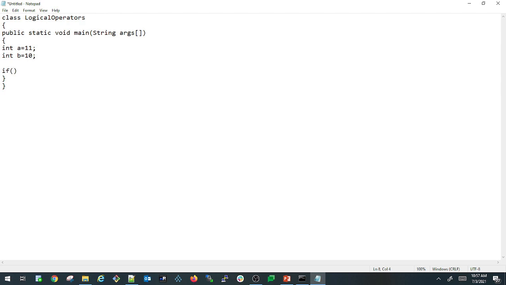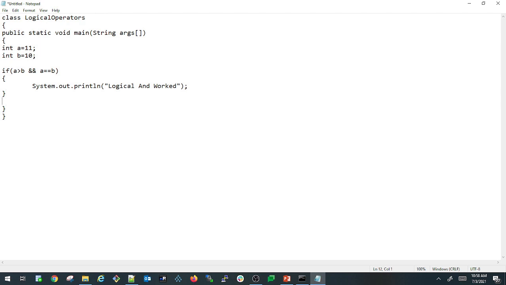If a greater than b and a equals b, then print a statement like logical and worked.